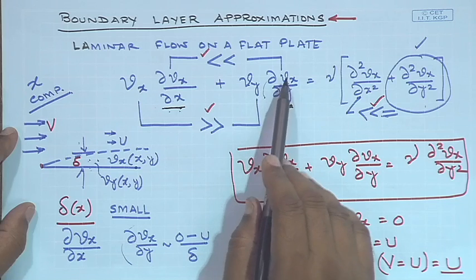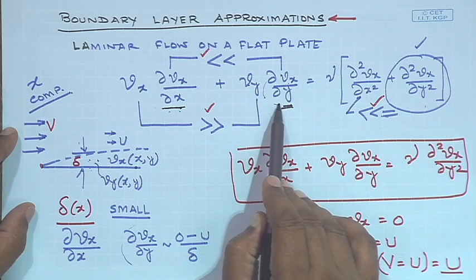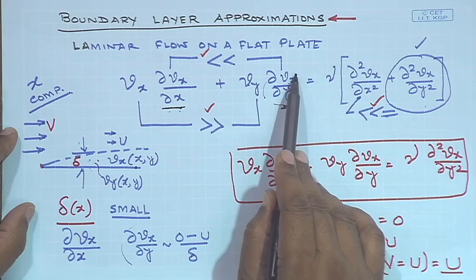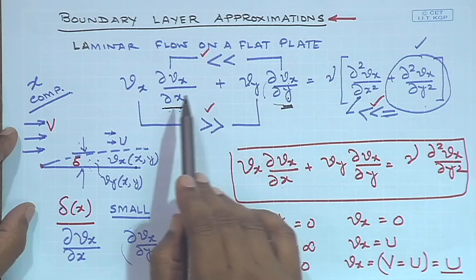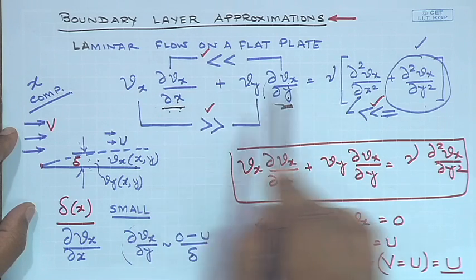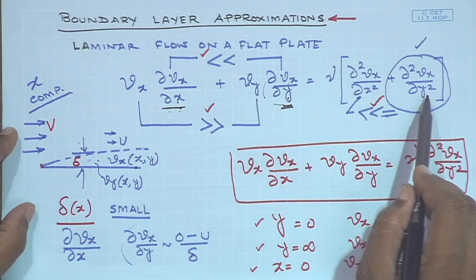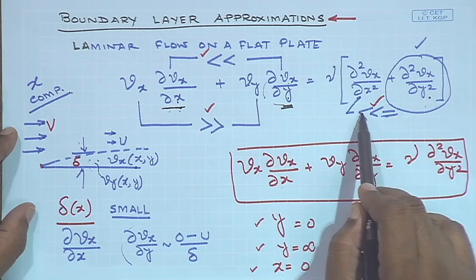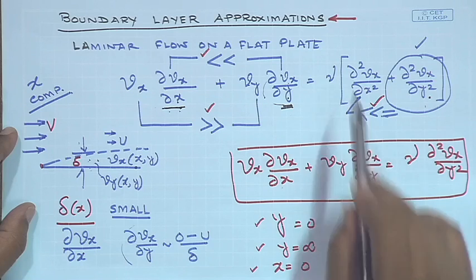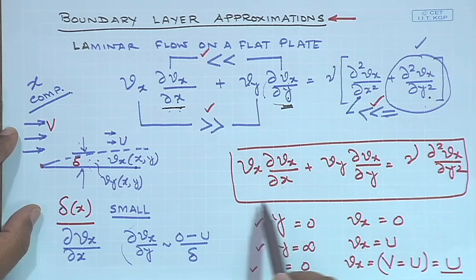So, based on our idea about the gradient of the x component of velocity in the y direction and in the x direction, it is safe to say that the molecular transport of momentum in the y direction would be much more than that in the x direction, which leads us to the